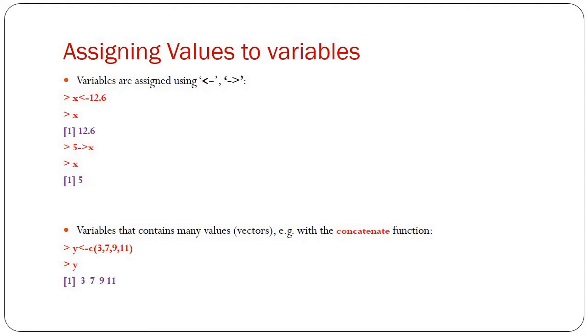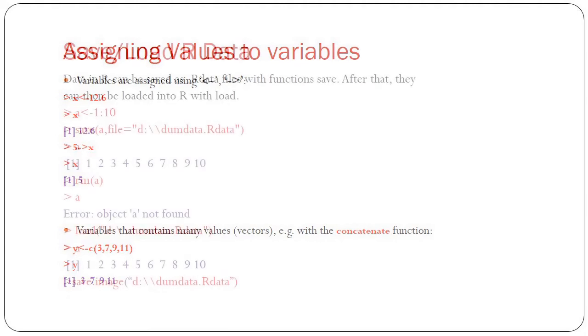And I mentioned in the earlier part, R treats everything as a vector. Therefore, whenever you want to store more than one value, you can make use of the c function, where c stands for concatenate. For example, y is equal to c of 3, 7, 9, 11, which means all the four values will be stored in the variable known as y. Here y is called a vector having four values. To get the first value of the vector, we have to say y of 1, that will give you the value as 3, and to get the last value, y of 4, which will output the value as 11.